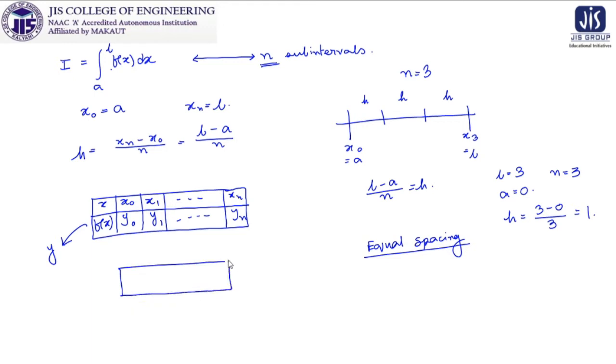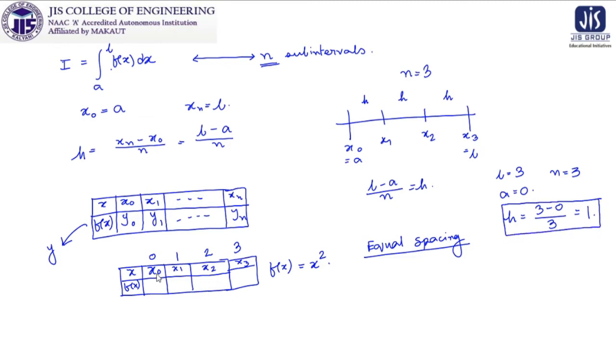Suppose we have f(x) as x square. Now as we are trying to find out x and f(x), we can write it as x0 here, then the point will come as x1, then x2 and then x3. So x0, then the next one is x1, then the next one is x2, and finally we are going to get x3. So what is my x0? Here my x0 is 0, x1 is 1, x2 is 2 and x3 is 3, as my h is equal to 1.